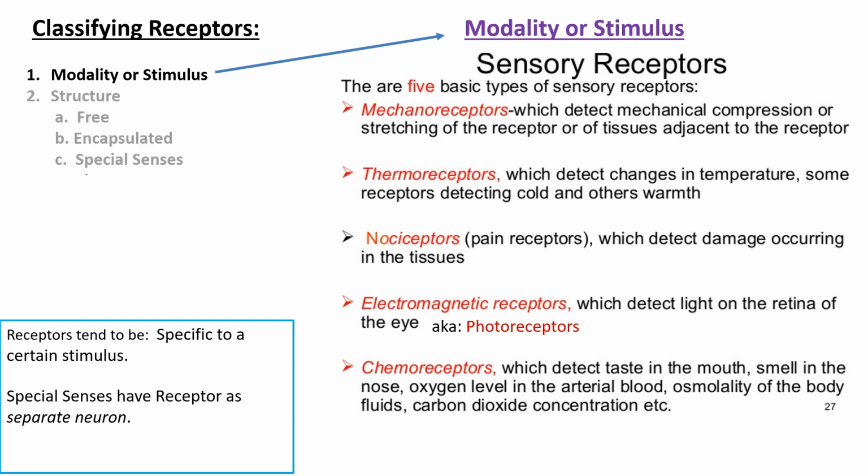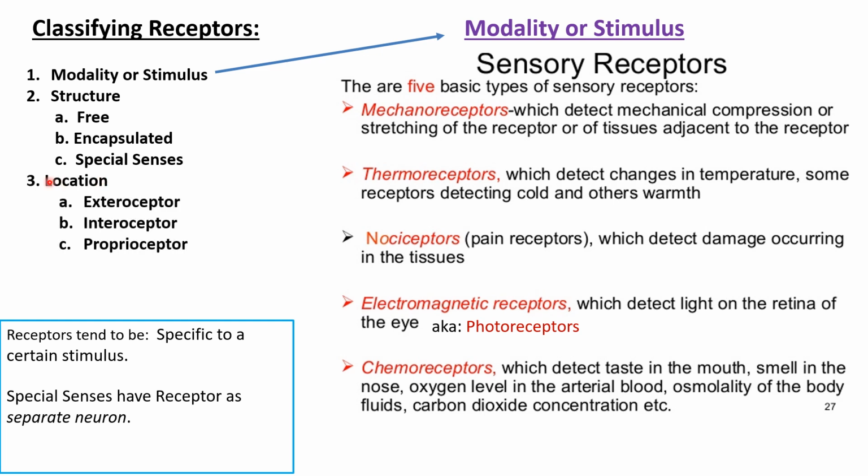So that's modality, the different types. You can also classify by structure, whether it's a free nerve ending or it has a special capsule on it. Like, for instance, the Pacinian corpuscle is an encapsulated nerve ending. And then you have specialized sense cells. These are whole cells. Also, location. So you have external ones, you have internal ones, and then you have some that are actually embedded in the tissues. So internal may be around and inside your abdominal or your pleural cavities, around your heart, whereas proprioceptors are